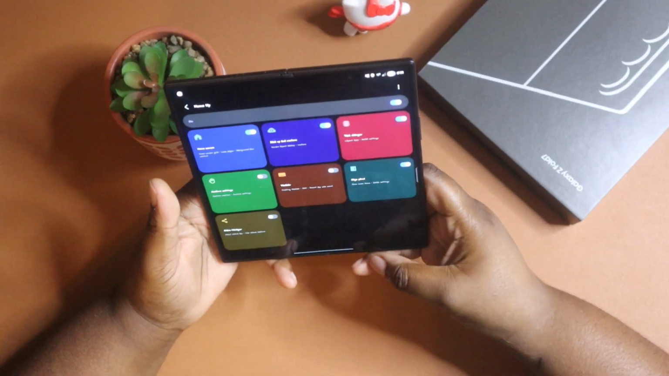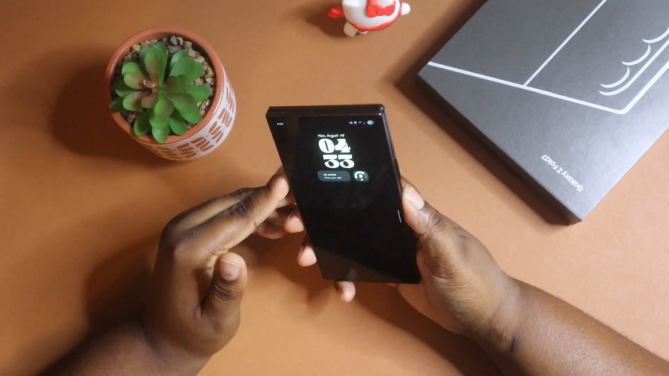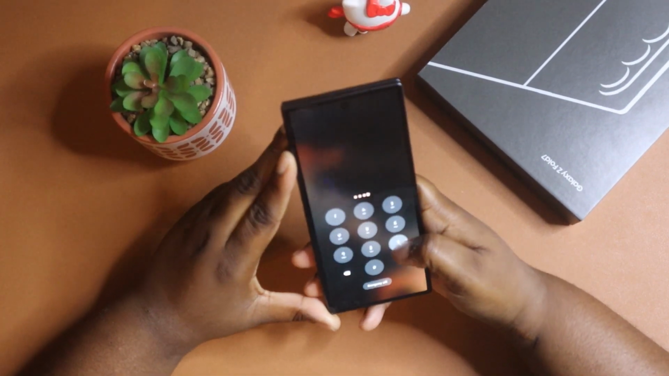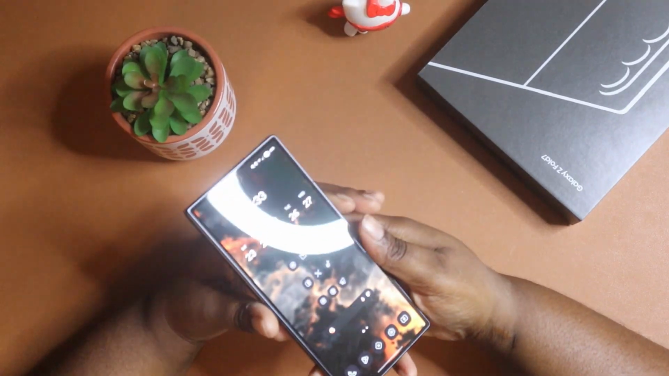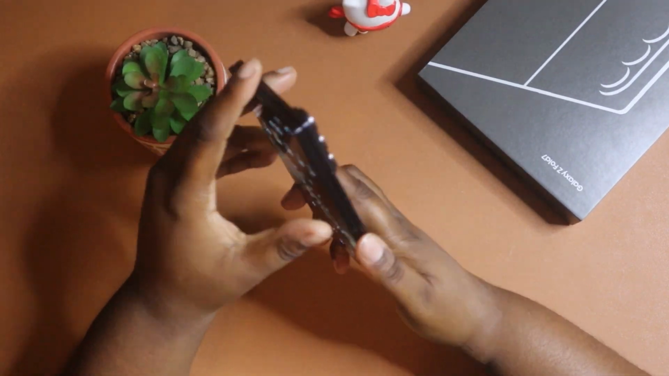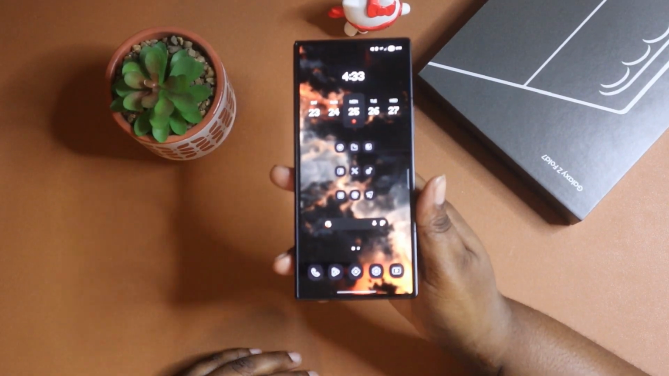And that is currently how I have my Samsung Galaxy Z Fold 7 set up. This does constantly change, but right now I'm going to leave it with this setup because I'm pretty happy with what I've created here. And I hope you found this video helpful, and I will catch you in the next